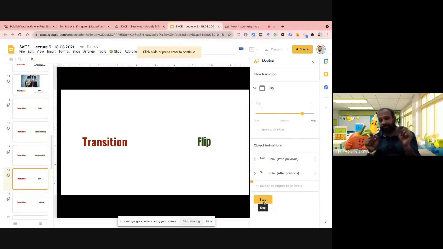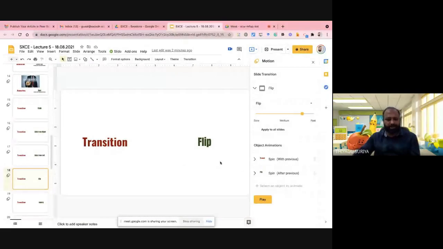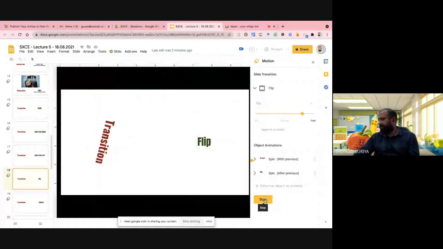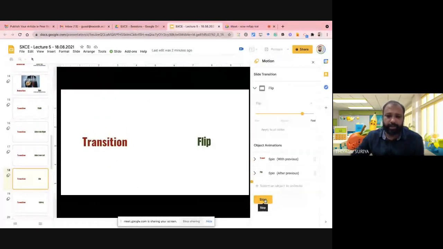But here, whenever you are using this kind of transition, it considers both slides, the previous slide along with the slide you are using for the animation. It started from the previous slide only. So during the slide transition time, from one slide to the other, you are giving some kind of small animated effect, that is the transition. I'm going to stop. So I hope now you understand what flip is. If you'd like to see it once again, I'm going to play it here. Now you can see how it works. Yes, it's fine. I'm going to stop.